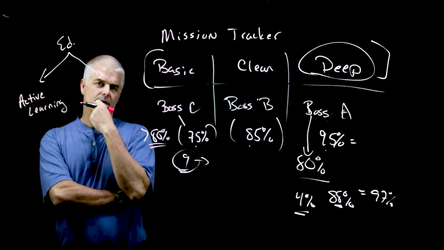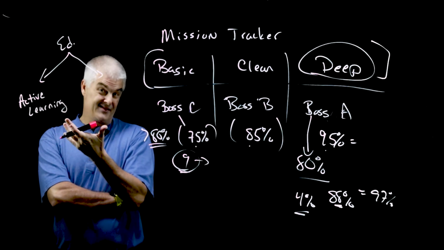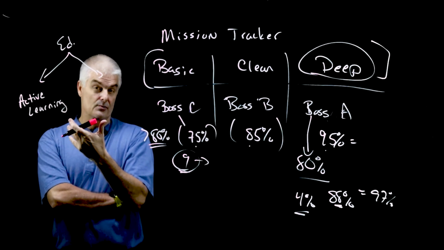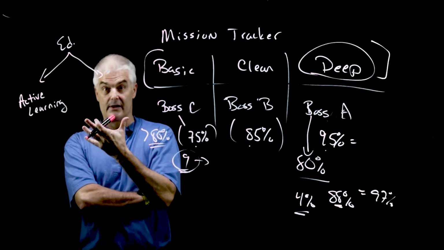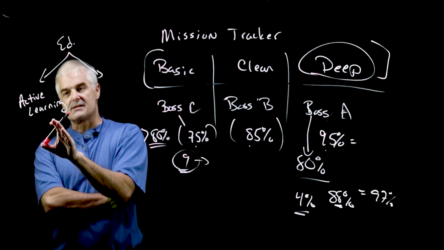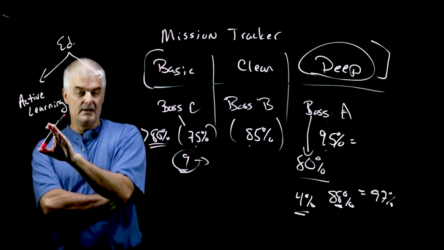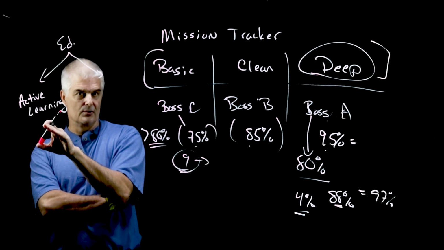Number 1 is active learning. Active learning is not passive. It's the opposite. You've all sat in a class where you had to sort of sit and get, right? You've been in that class, and that's the opposite of what we want to be. You need to be involved actively in your learning. That's where you're going to take control of your own learning.